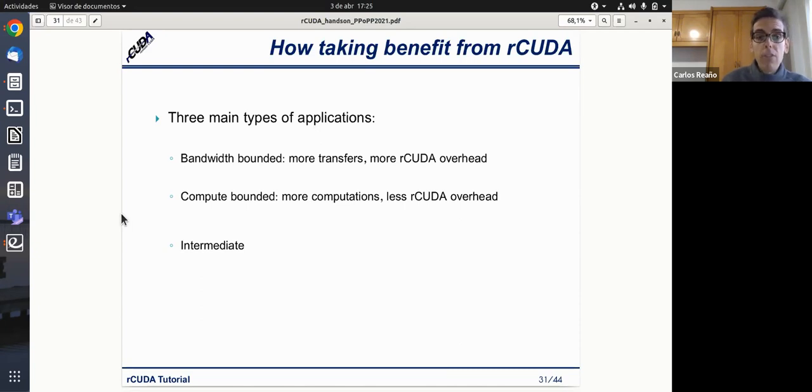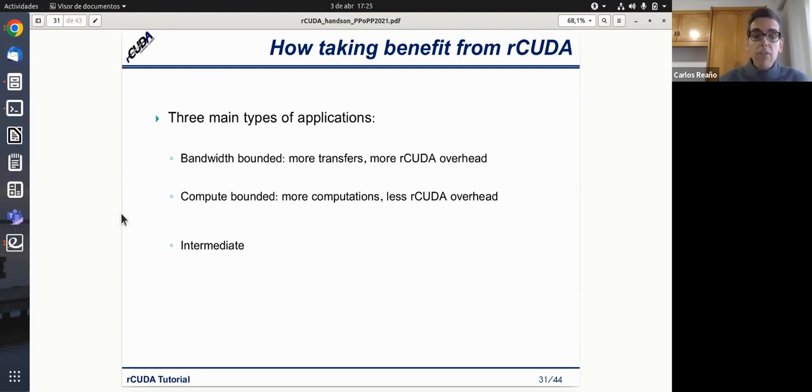On the other side, we have a compute bounded application. In this case, there will be more computations than transfers, much more computations than transfers. And as I have mentioned, this will imply less rCUDA overhead, because all the overhead of moving the data through the network will be compensated by this high amount of computation.